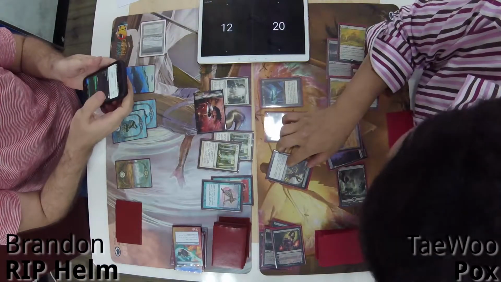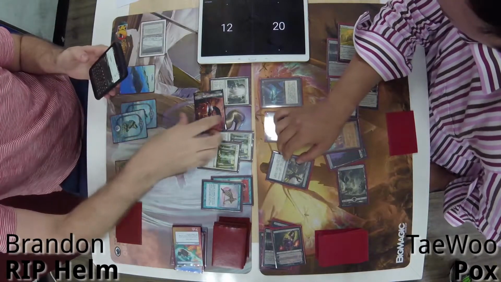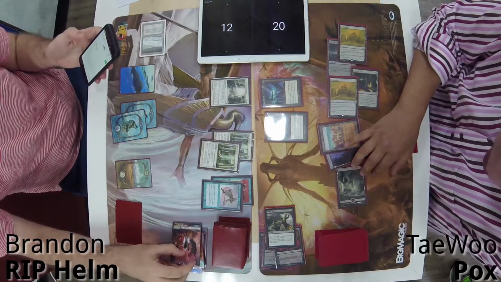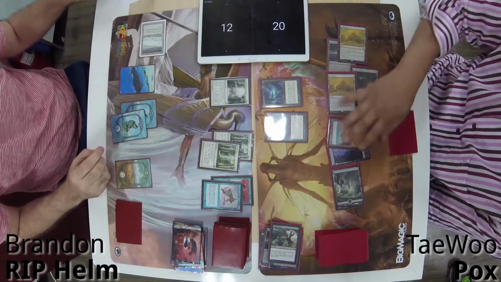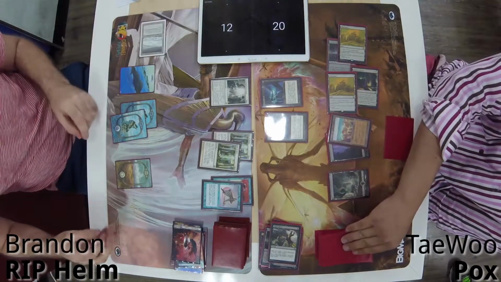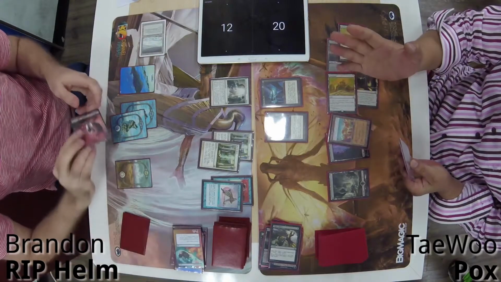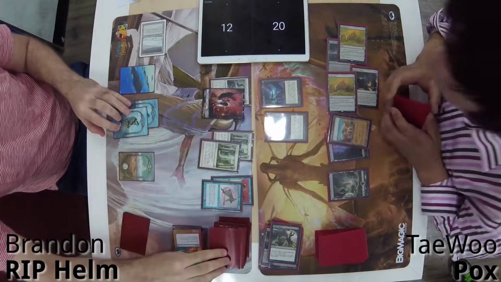Anyway, let's think about ways that TaeWoo can improve his matchup for next game. I'm thinking that he really needs to aggressively destroy Brandon's lands while thought seizing him repeatedly before he can really get his combo online, because he doesn't have a favorable way of interacting with that. We have to make everything discard, and the raw amount of creature removal that Pox is normally full of is not going to...